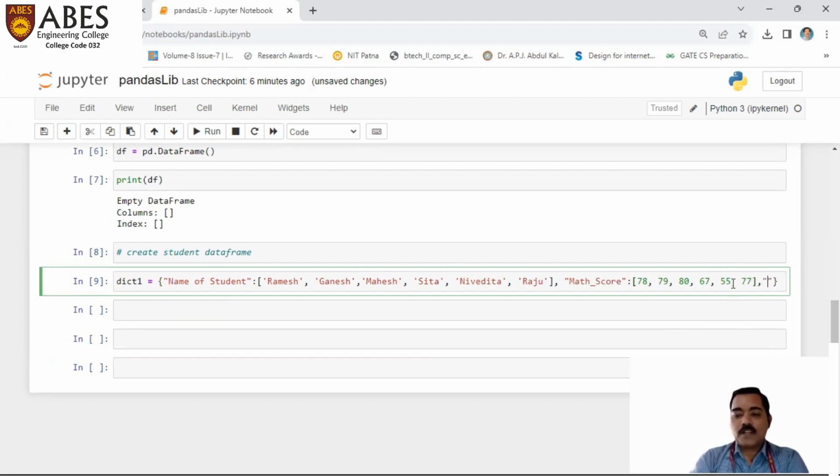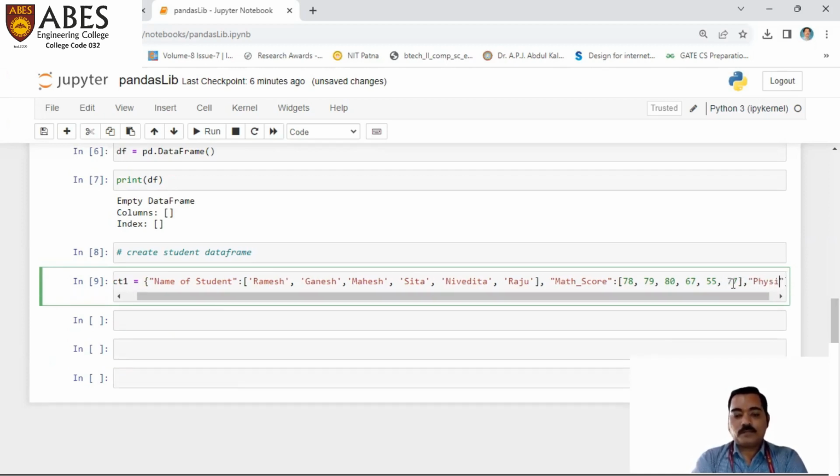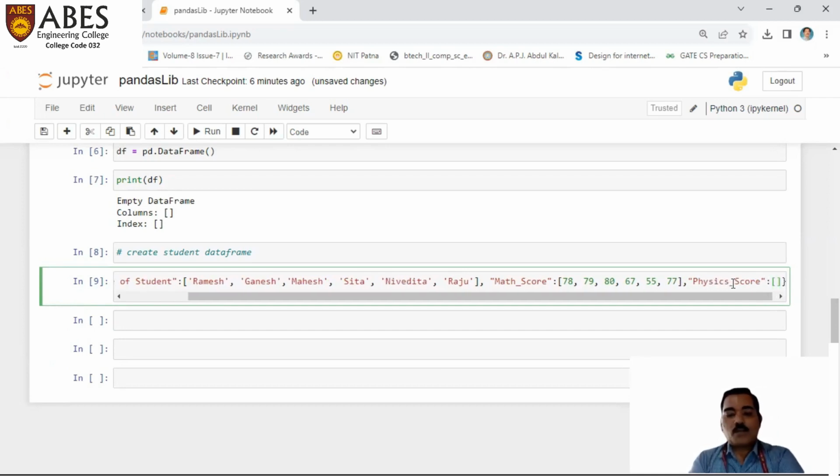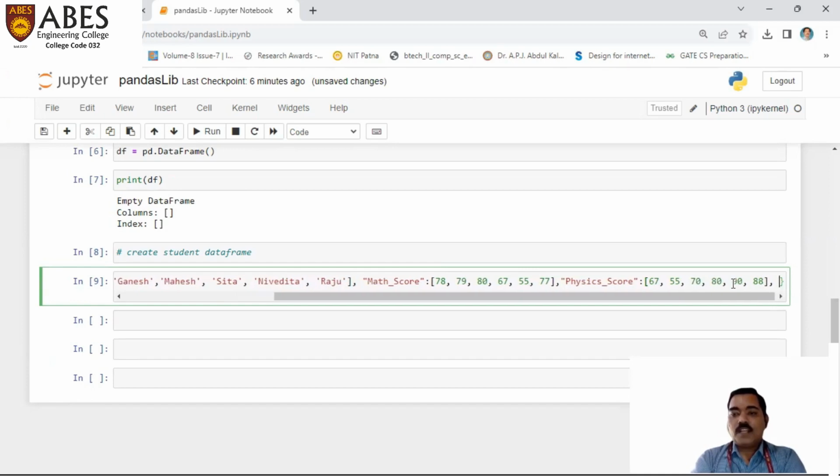Next subject we have taken is physics, the score of that particular student, how many they have scored. Someone is scoring 67, someone 55, someone 70, someone 80, someone 90. The scores are those, and someone 88. Similarly, another subject we have taken is English, the score of the student,